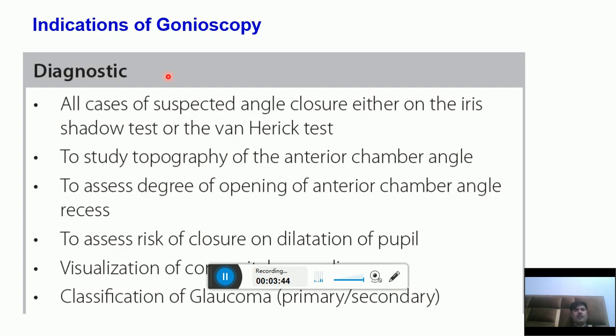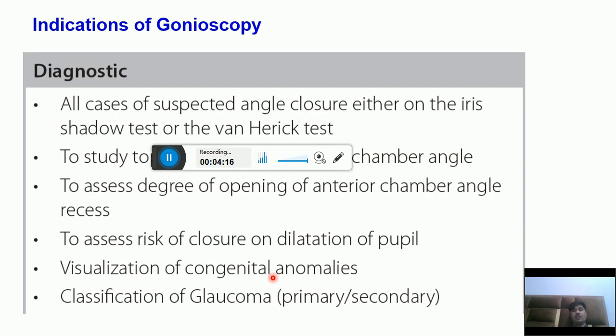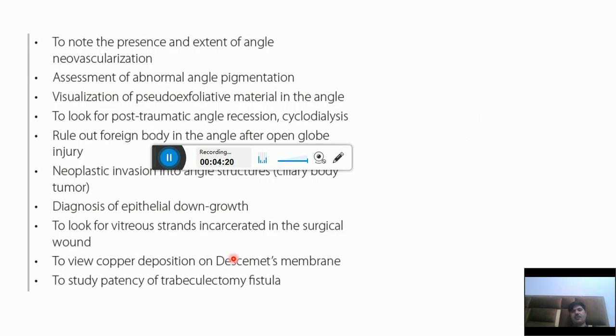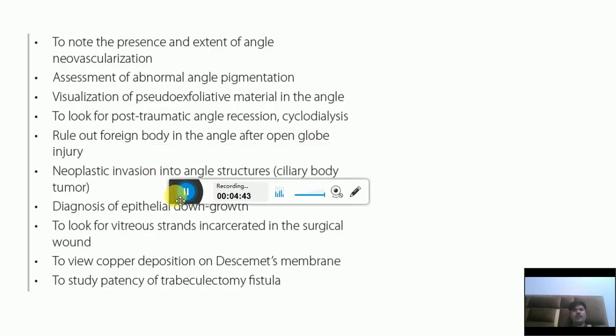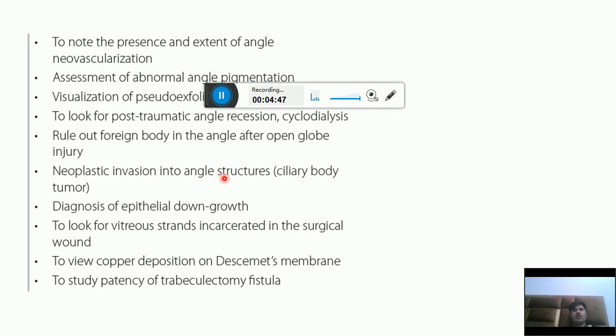Now why do we do gonioscopy? In all cases of suspected angle closure, either on the iris shadow test or the Van Herrick test, we then confirm it by gonioscopy. To study topography of the interior chamber angle, to assess degree of opening of interior chamber angle recess, to assess the risk of closure on dilation of pupil, visualization of congenital anomalies, classification of glaucoma into primary and secondary, to note the presence and extent of angle neovascularization, assessment of abnormal angle pigmentation, visualization of pseudo-exfoliative material in the angle, to look for post-traumatic angle recession, cyclodialysis, rule out foreign body in the angle after open globe injury,